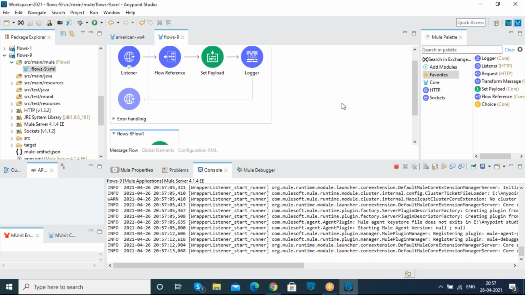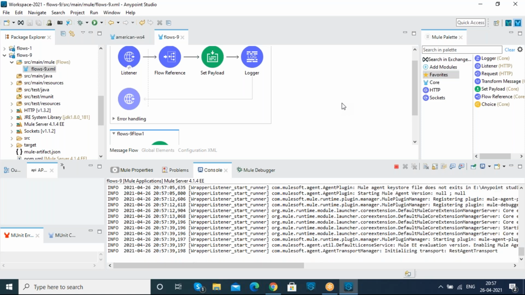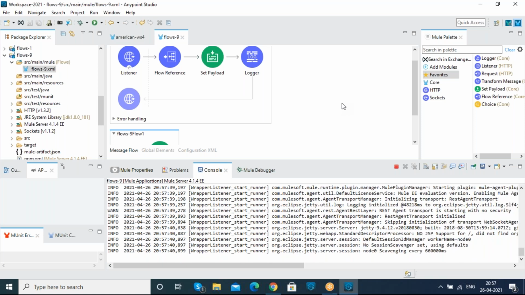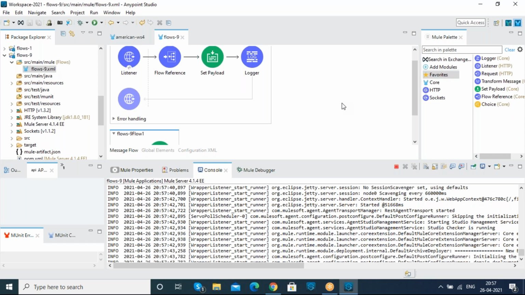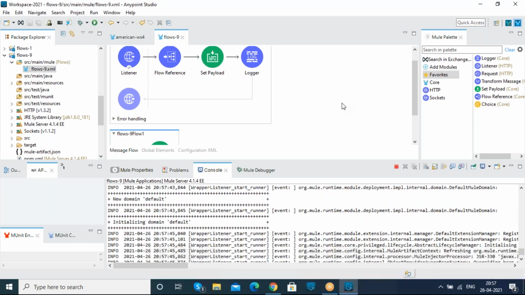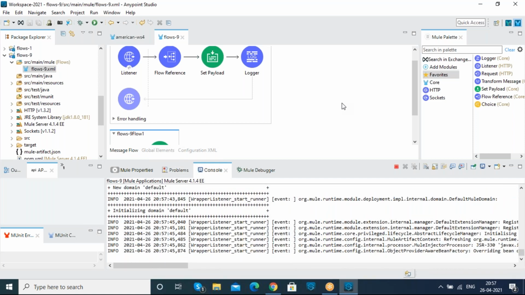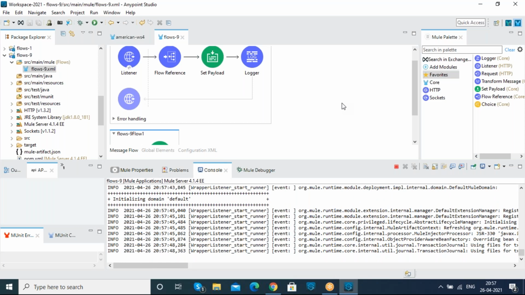And suppose I want to pass the incoming request parameters to the private flow, that is also possible, correct? For example, the request parameters which are coming from the HTTP listener. I want to pass those elements into the private flow. Is it possible? Yeah, it is. I will show it in a practical way for you in that project. Okay.